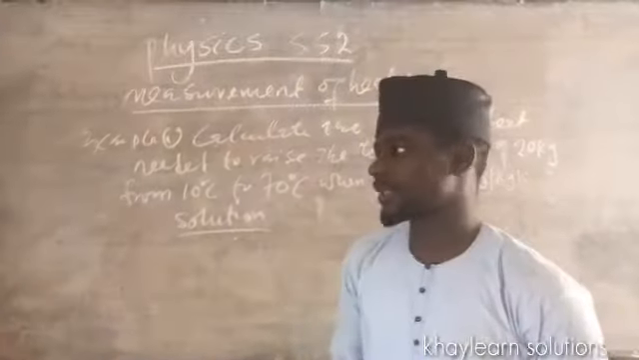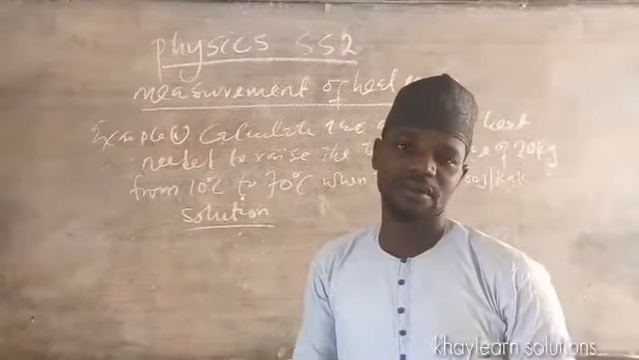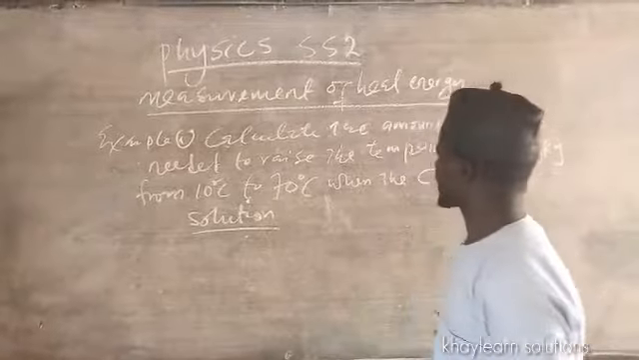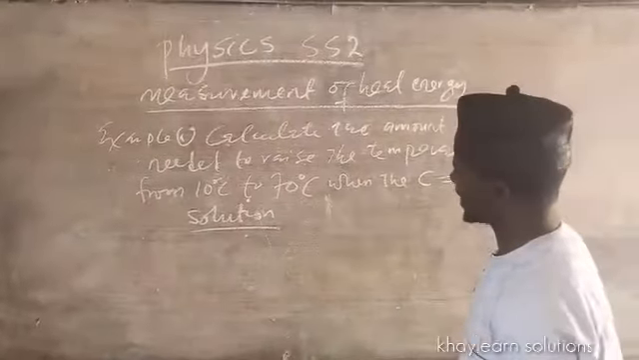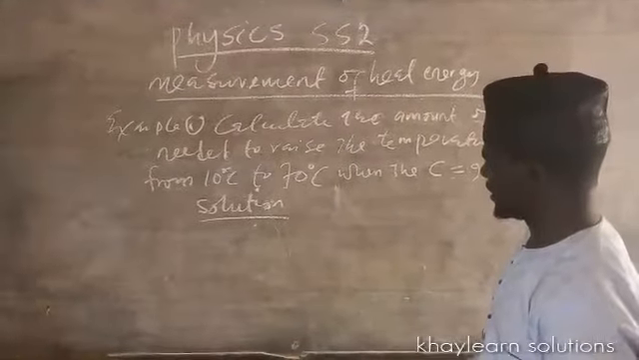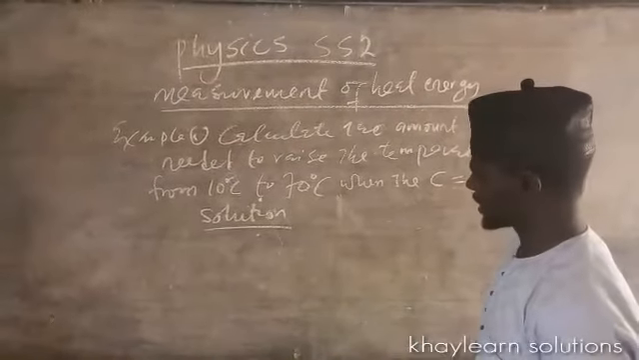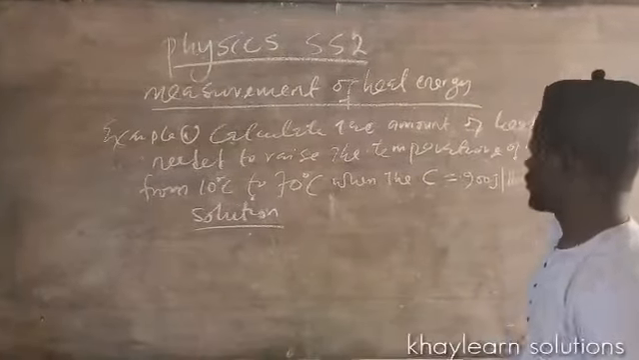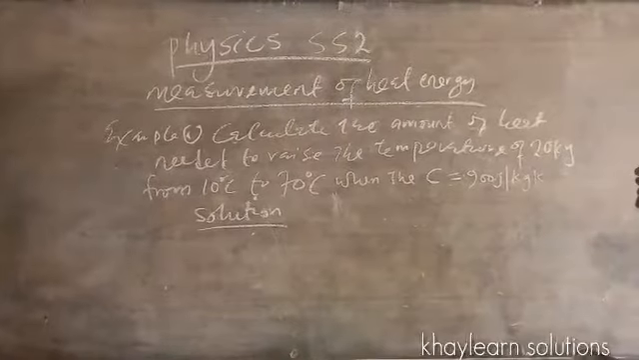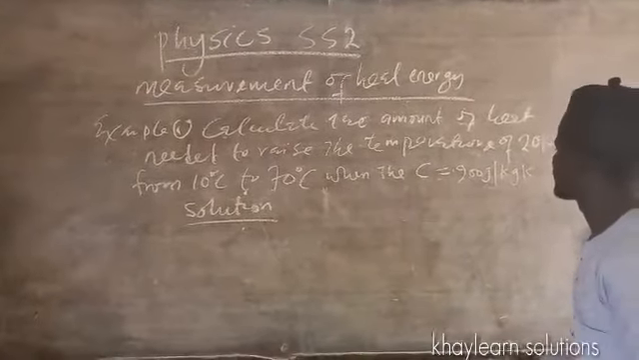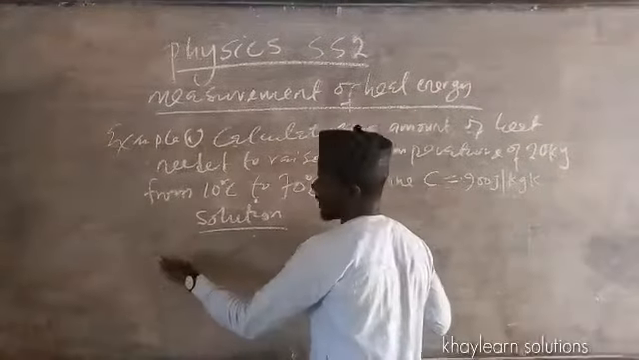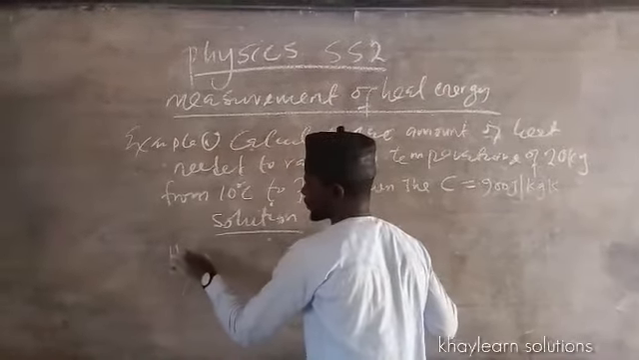Due to time constraints, I'm going to give you only one example, and the other example should be on the assignment. The example says: calculate the amount of heat needed to raise the temperature of 20 kg from 10 degrees Celsius to 70 degrees Celsius when the specific heat capacity of that material is 900 joules per kilogram Kelvin. So we have to calculate the amount of heat, that is H equals question mark,